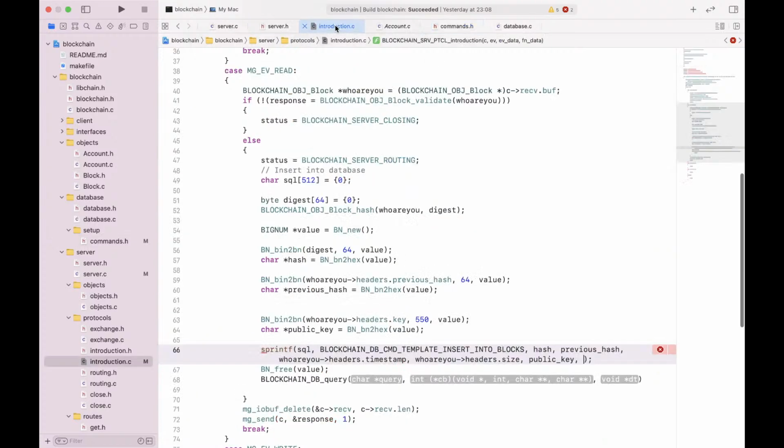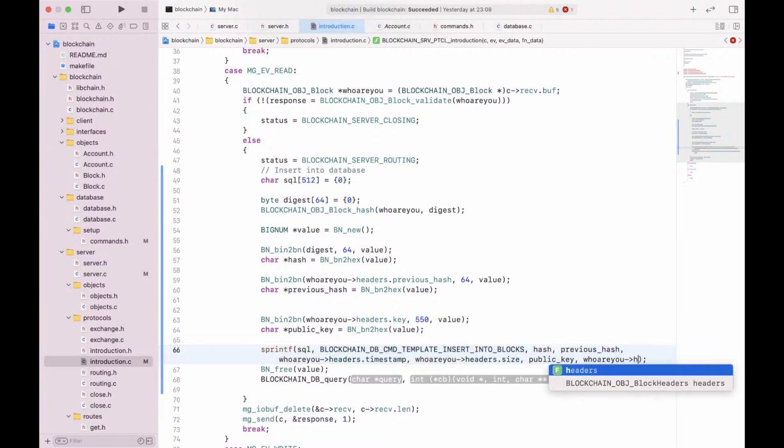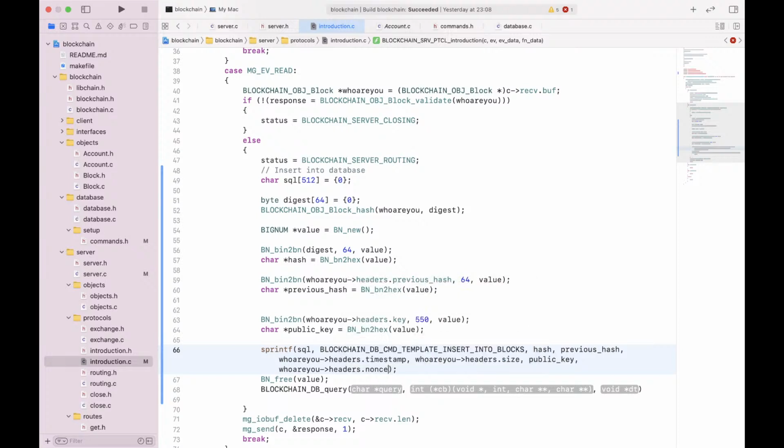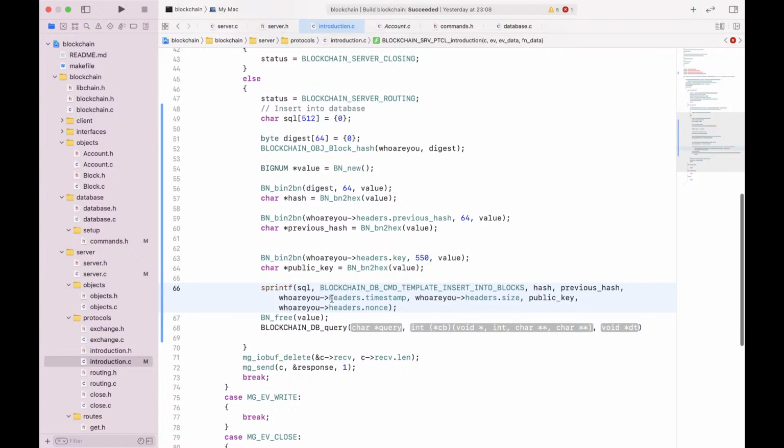Nunts. That's our last one. And this one is easy. So, who are you? Headers dot nunts. Go. Okay, so that was a long divergence so that we could get back to here where